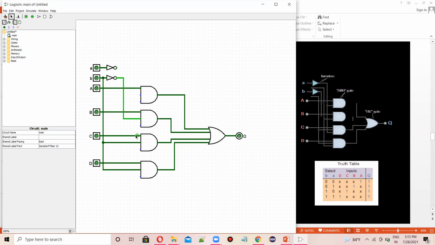Now it's okay. The second AND gate middle part is connected to that, and also the middle part of this one is also connected with that, and only those two are connected. And now let's take this.